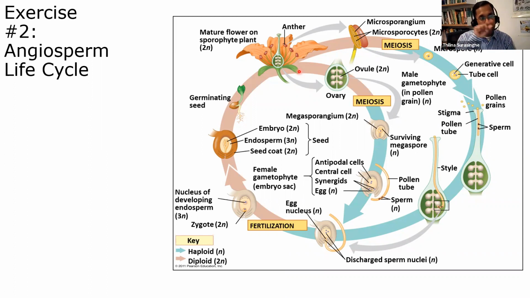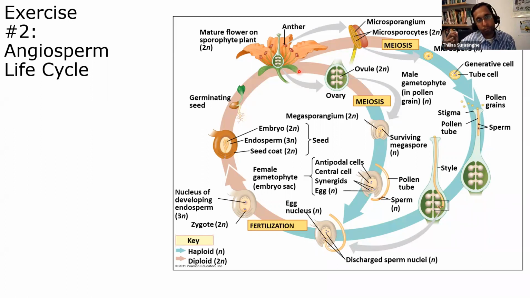Now anthers, let's look at an anther, the male reproductive system. You have the microsporocytes over there, and they undergo meiosis inside the microsporangium, producing microspores that are haploid. A microspore has two types of cells: the tube cell producing the tube, and the generative cell producing the sperm. The microspore develops into pollen grains. They exit the anther